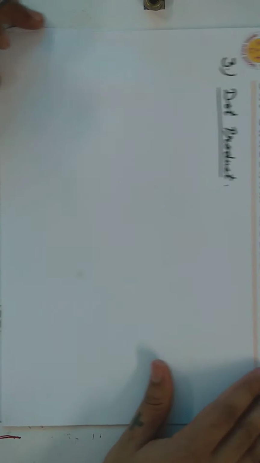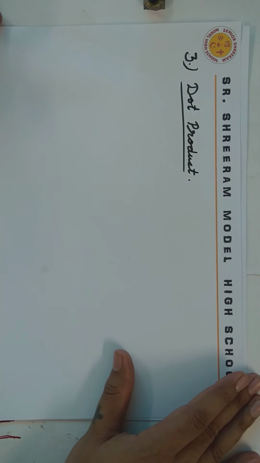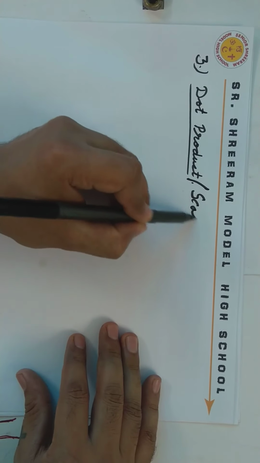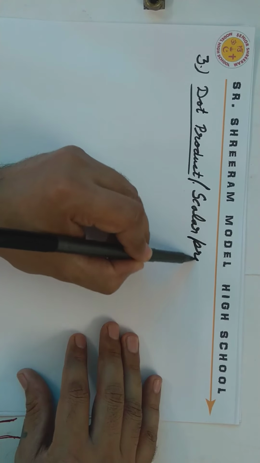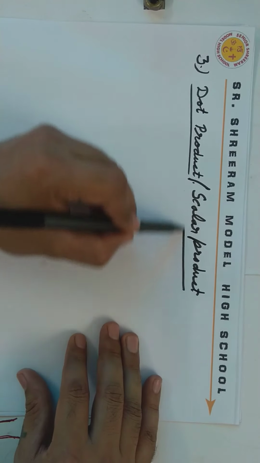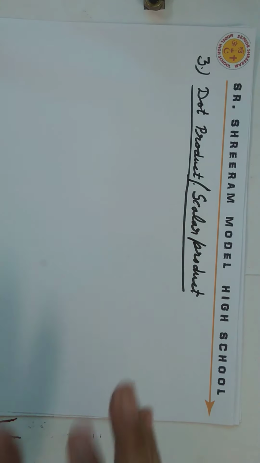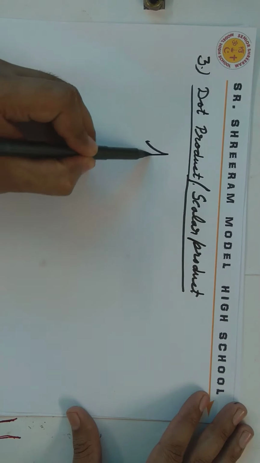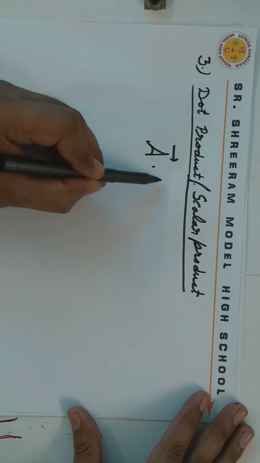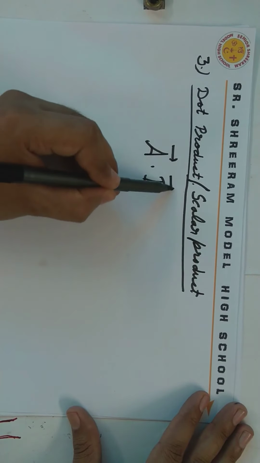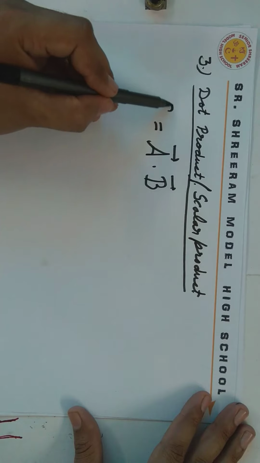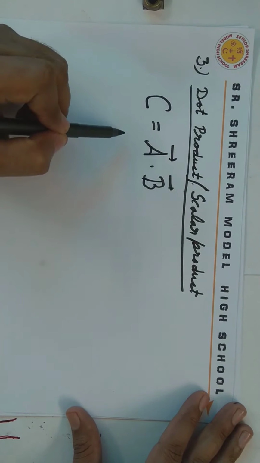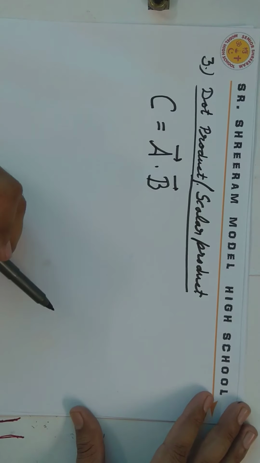Now dot product. Okay. Now what we will do is scalar product or dot product. So it is simple. Why it is called scalar product? Because it generates a scalar result. So I am doing dot product, vector A with vector B. Now a physical quantity which is generated, let us say C, is a scalar. It doesn't have a vector above it. Okay, so that's why it is called scalar product.